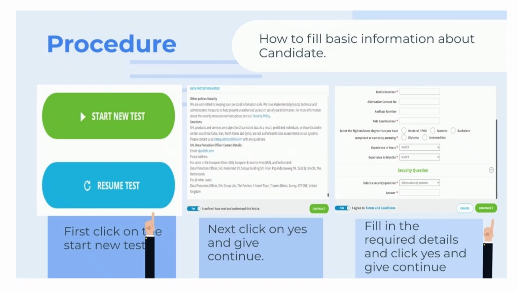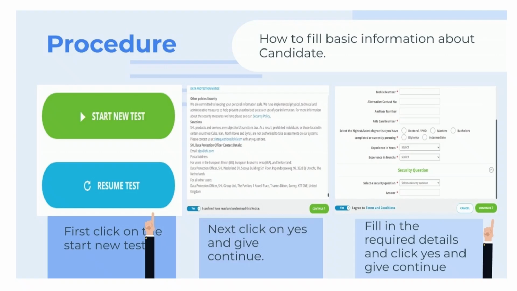And there is something called a security question. There are certain fields in the security question, so select any one field and give the answer there. You have to remember this, because in case your test got stuck or logged out, or if you are unable to move from one question to another for any reason of network or anything else, then you close the tab of the assessment